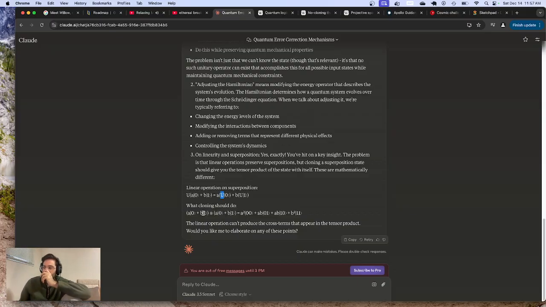Okay, wait, so we're multiplying the probability of A to 0 plus the probability that it's 0 to the probability that it's 1 equals the probability of the operation on 0 plus the probability of the operation on 1. What it should do is the probability of 0 plus probability of 1, cross product, that's cross product, probability of 1 equals A squared probability of 0 plus AB probability of 1 plus AB